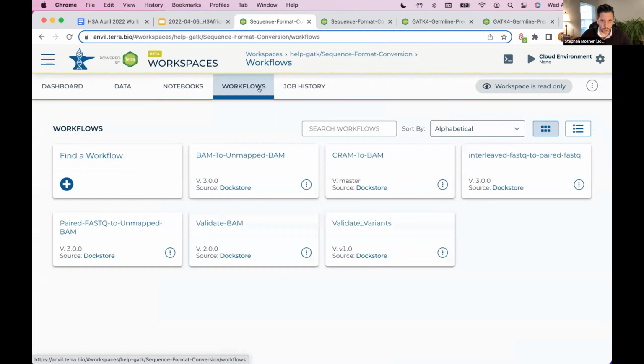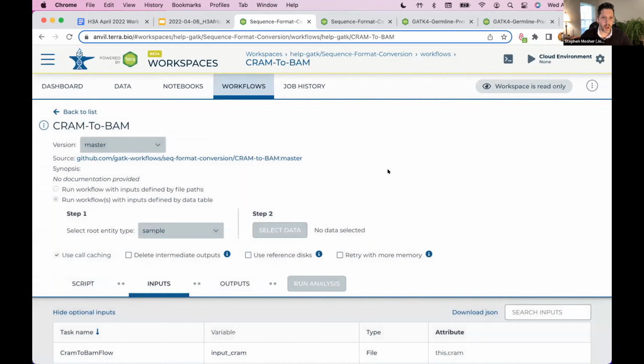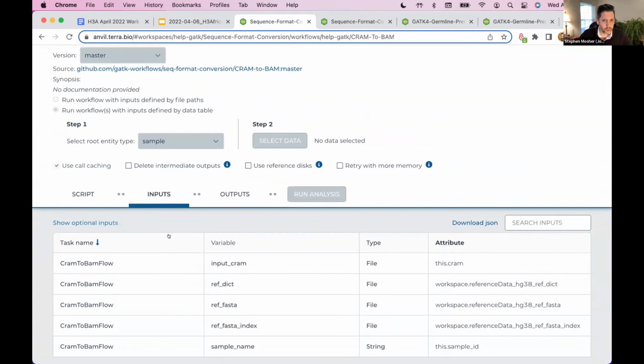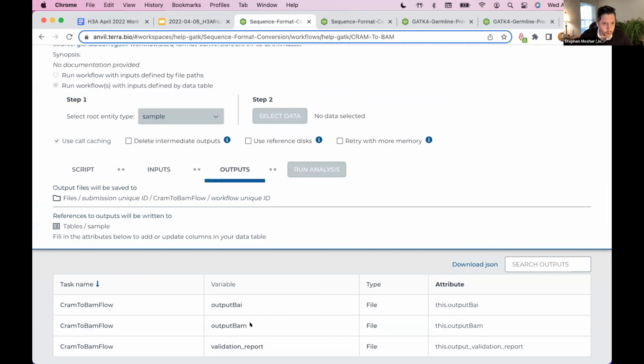So let's jump over to the workflow tab and take a closer look at this CRAM to BAM WDL. Clicking on that will bring up the form to get everything running. I'm going to hide the optional inputs. One thing that we can see here is this .cram. This is an input CRAM. When we see this, that's a reference to the table that we're going to be drawing from. It's a sample table, and we're going to draw the .cram files out of there. We see some outputs. We're going to get an output BAM and a BAM index, as well as a validation